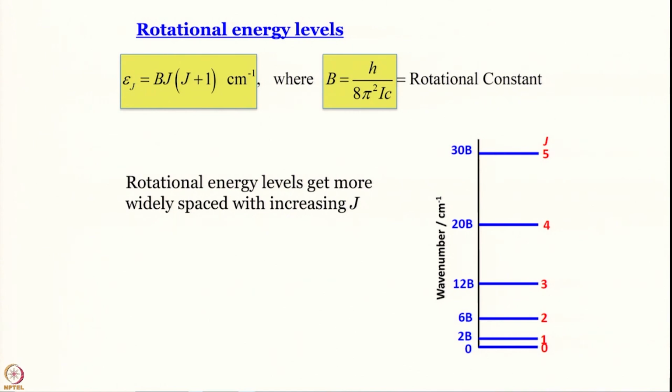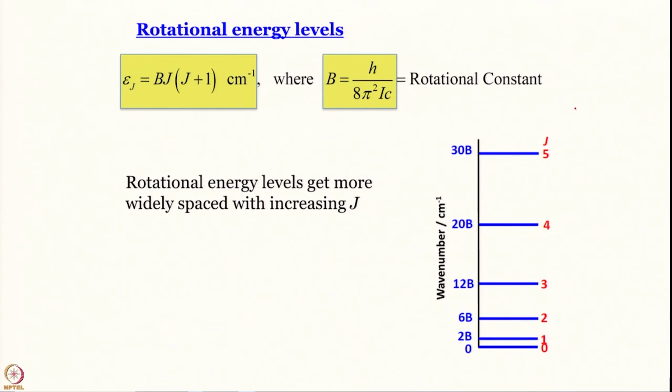Now, look at this, epsilon j equal to b into j plus 1, b equal to h by 8 pi square I c. So, what is j, what is the next level after 0? J equal to 1. When you put j equal to 1, what do we get? Maybe I can just write that. The minimum rotational energy is 0, we have written. What happens when,